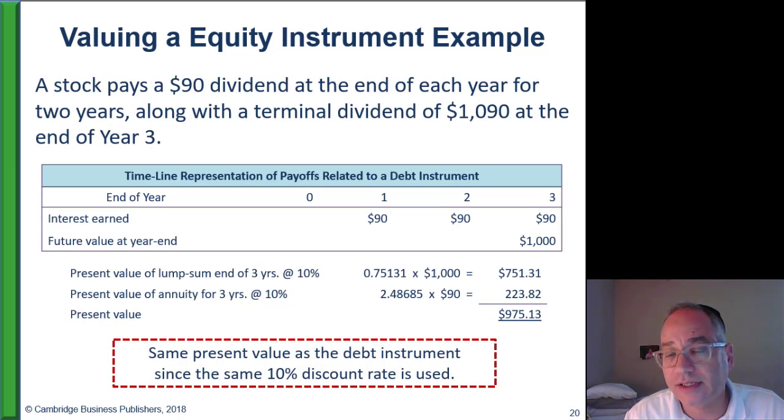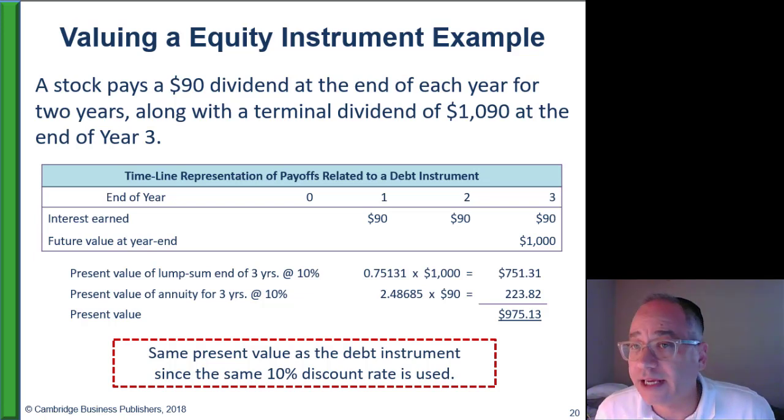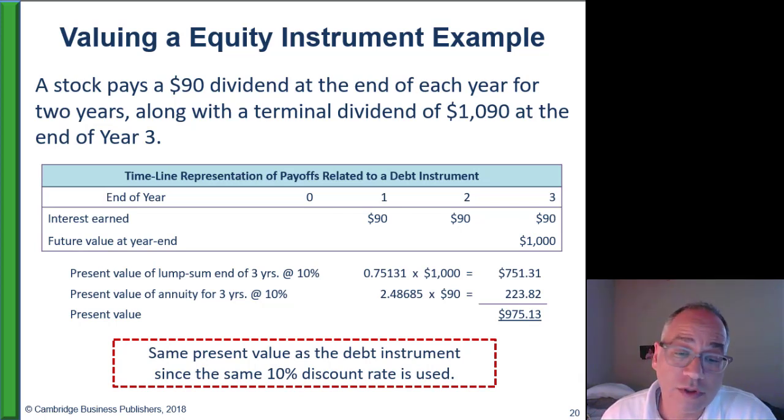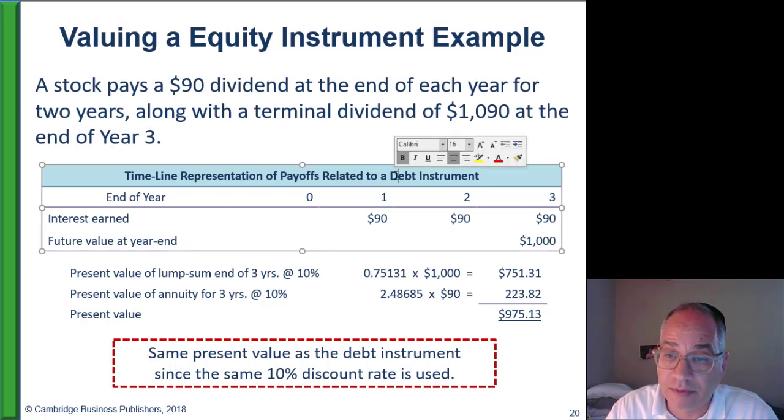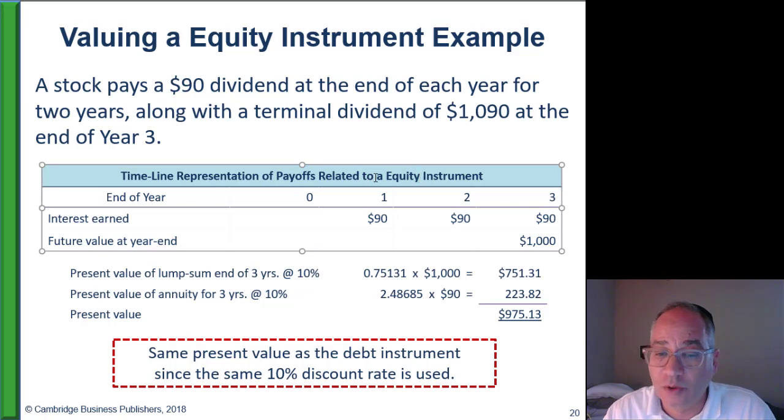Now you can look at this as a stock, and this is where things get interesting. Let's say that you project that this company is going to pay a $90 dividend at the end of each year, and then at the end of 3 years, you're going to sell it for $1,000. So you would do present value of a lump sum, 3 years, 10%, $751.31, and then present value of the dividends, which would be an annuity, which would come to $223.82, and therefore the present value of this equity instrument, it says here debt, but they really mean equity, this equity instrument would be